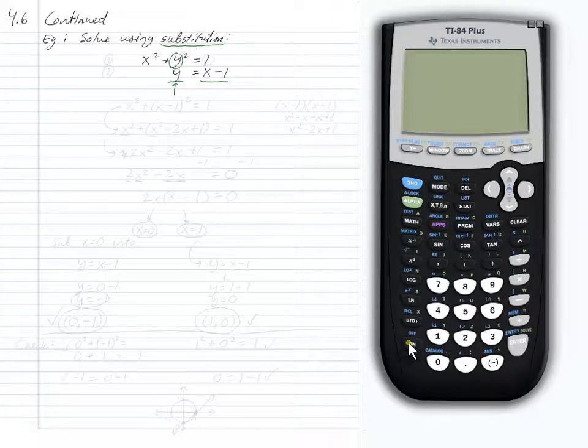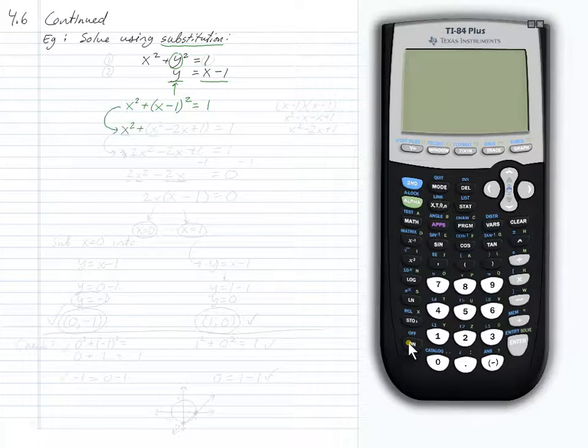So what will that look like? We'll get x squared plus, instead of y, we're going to use x minus 1 and square that, equals 1. And now we have an equation simply involving the variable x, which we can solve now using some of our more advanced solution techniques. Well, this, if we look at it a little bit further, if we square x minus